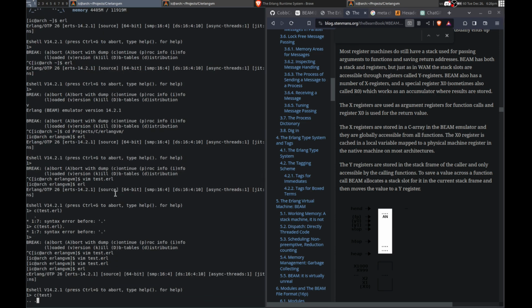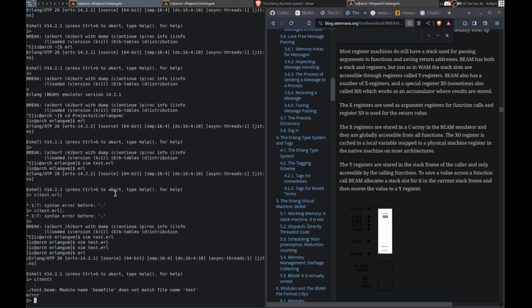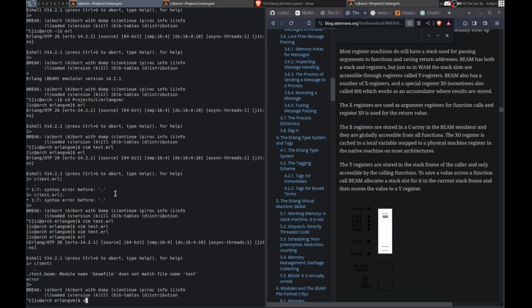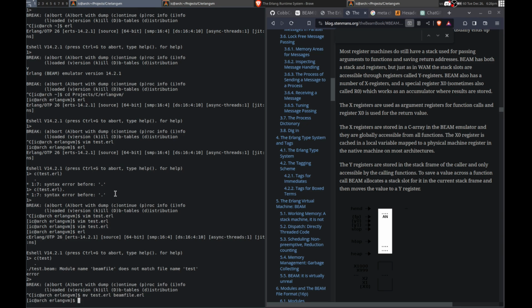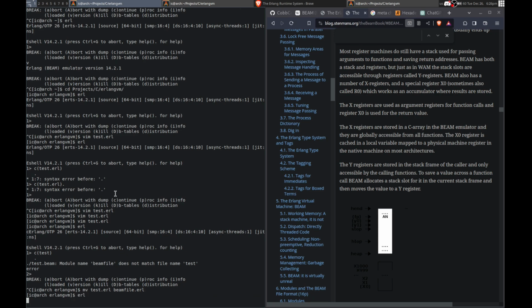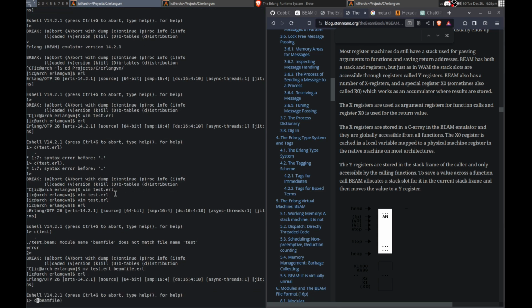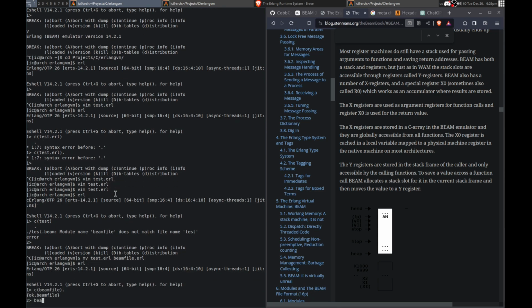Well, let's test actually. It's actually going to be called beam_file. Okay. In the beam_file, read_file.